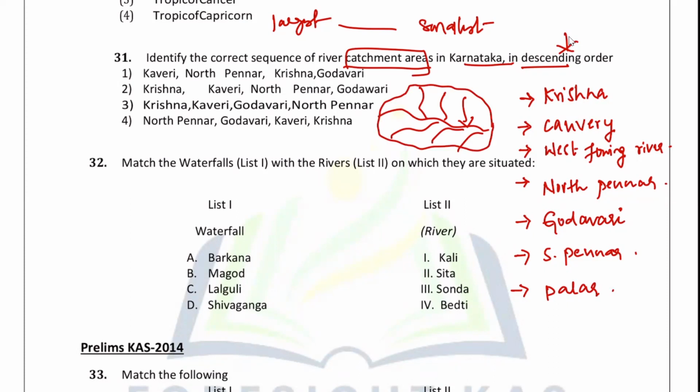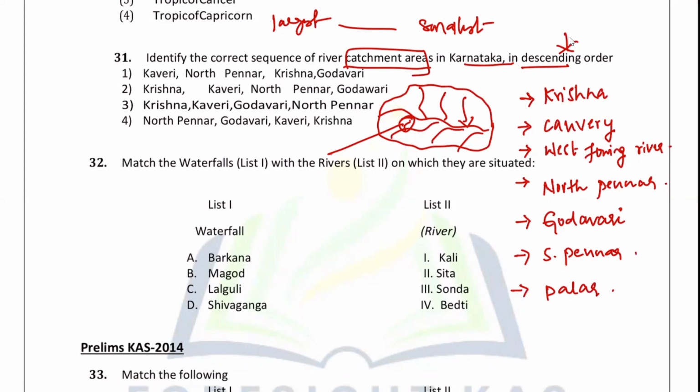So the difference between catchment area, river basin, and watershed is very important. A watershed is a small unit of the catchment area or river basin, where small rivers flow like this, and this part is called a watershed. So that's important. So as per this question, which is the largest catchment area in